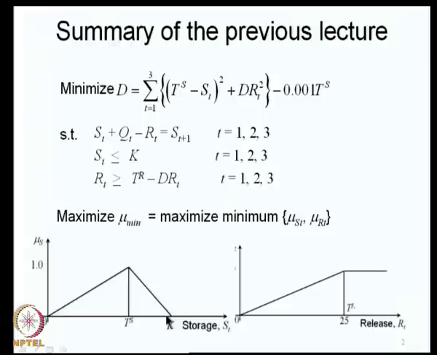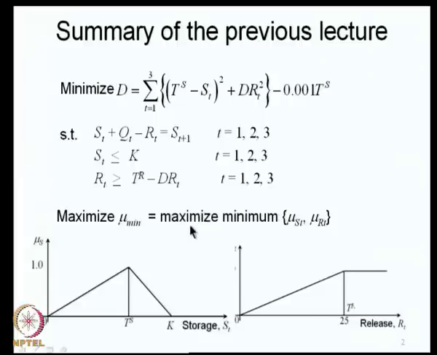We said as the storage S t during time period t approaches the storage target T s, which is again a decision variable, then the membership function becomes closer to 1. As it deviates away from T s, the membership function will be closer to 0 on either side of T s. Whereas, on the release, what we said is that if the release is greater than the T r, our membership function is 1. Now, we constructed these membership functions and then looked at the objective function, where